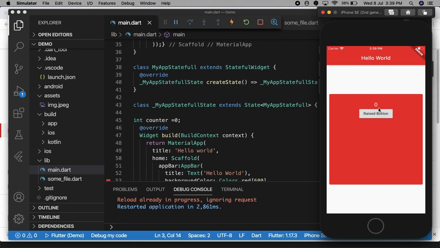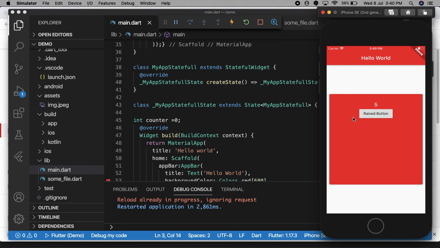Here you can see 0 is the value of the counter. And because we are using a stateful widget, this text value can be updated, meaning this text widget's state can be updated over time. So when I click on this, you will see it becomes 1, 2, 3, 4, 5.